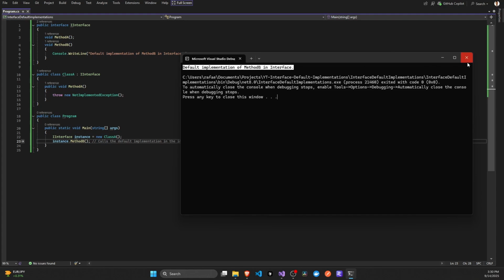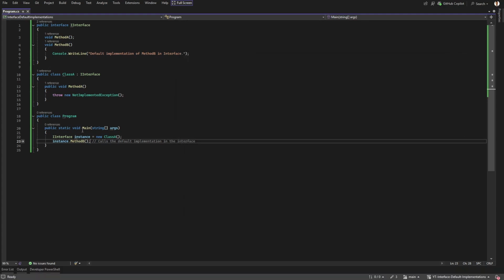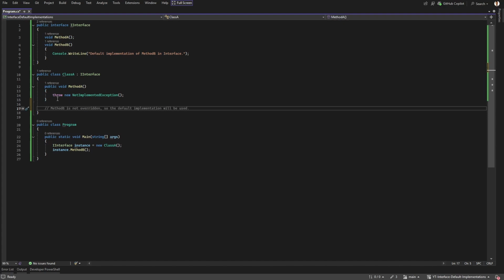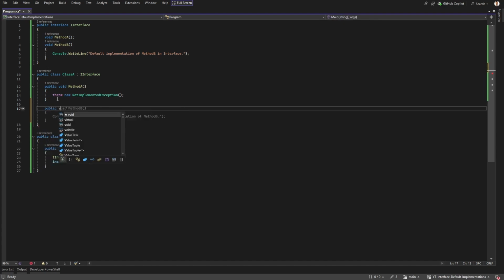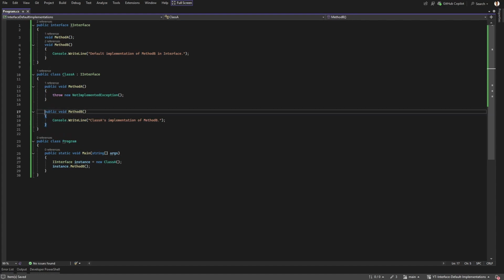Okay. Now, what happens if I don't want this default implementation and I actually want to override this? Okay. So the only thing you would have to do is public void method B. So actually have the same signature as you would have on the interface. And then I can keep this console write line here, okay? So what matters is to override, you have to have the same signature as you would have on the interface,